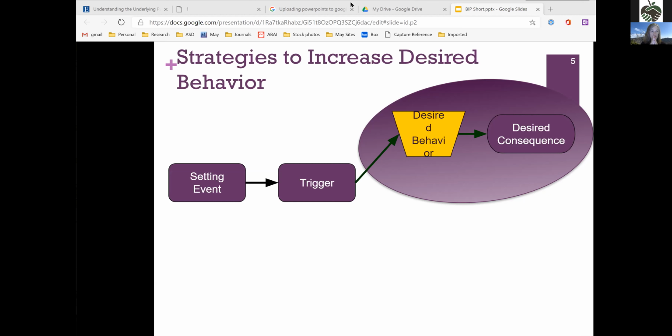The next piece of behavior intervention planning is thinking about reinforcing desired behavior. So let's talk for a second, let's say that you've got a student who, when it's time to do independent math work, passively refuses. And if the teacher calls her out and says, hey, come on, get to work, get your book out, she might sigh, and then the more that she's pushed, that behavior escalates until maybe she throws her book, or she yells, or she creates other disruptive